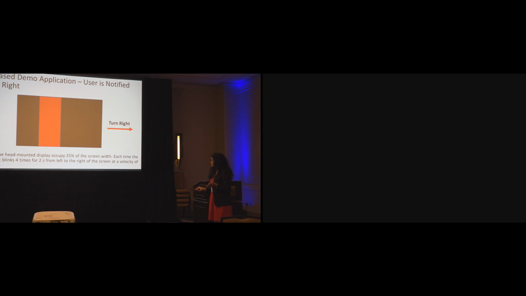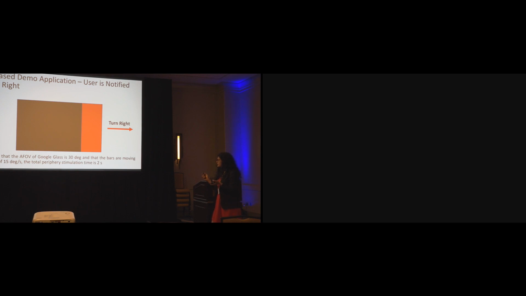Eccentricity, what I mean by eccentricity is how far your object is located from your central vision. So basically it's going to blink like this. And as I told, because it blinks 4 times for 2 seconds, the total peripheral stimulation is 2 seconds. And this is well above the reaction time that a human needs to respond to rapid movement, which is at least 250 milliseconds. So same thing we do for the left, and the cue is activated with a radius of 3